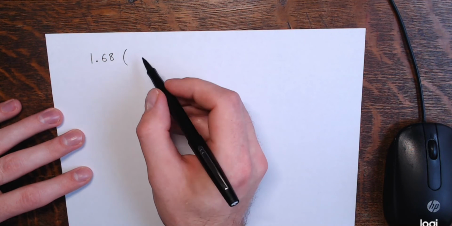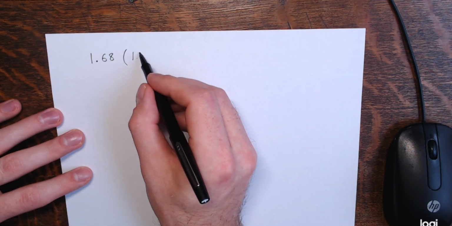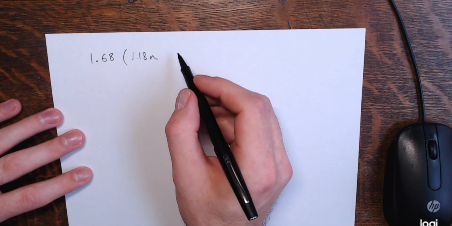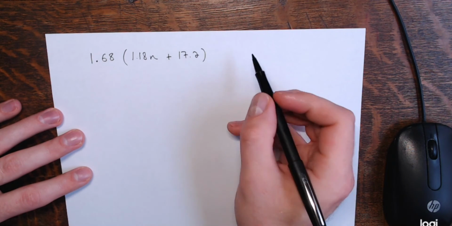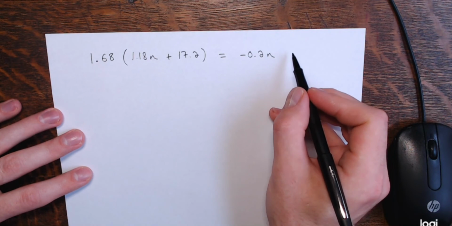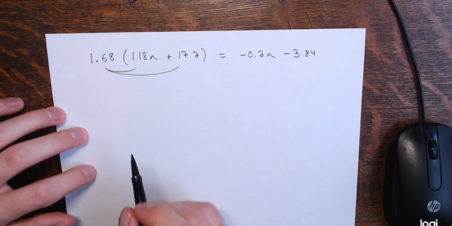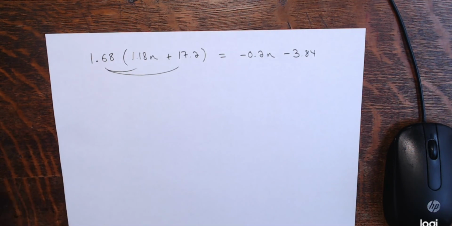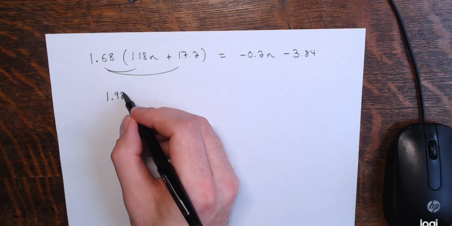So 1.68 times the quantity 1.18n plus 17.2 equals negative 0.2n minus 3.84. Alright, so if I distribute this, 1.68 times 1.18, that's 1.9824 times n